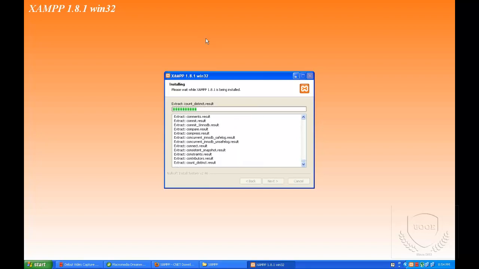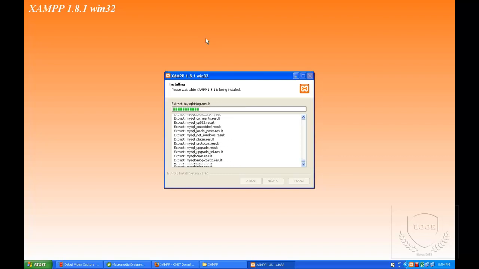If you want, we can also use WAMP, because most of the users, ourselves personally, use Windows, so we can also use WAMP. But from a professional point of view, it is better to use XAMPP.